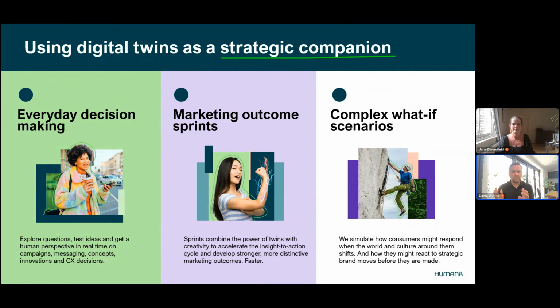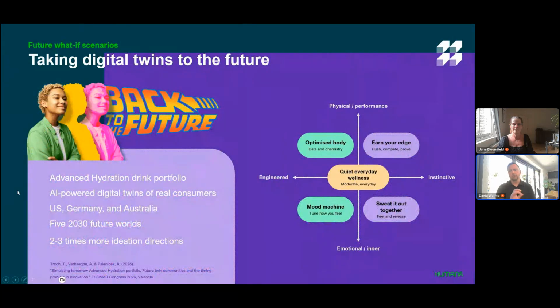So I've got a case study here, which I'll talk you through, which is very much in this complex what-if scenario space. So this is a case study we're presenting at SMR at the beginning of September. And this is future digital twins and 5 future selves. So this is about how we can learn from twins and what they can inform us about future what if. So it's for a very large drinks brand. We can't say yet until the SMR study has actually and presentation has happened. But this was about tackling an innovation timing problem.